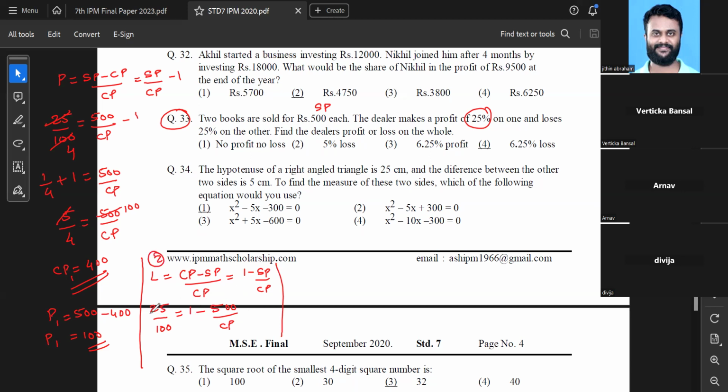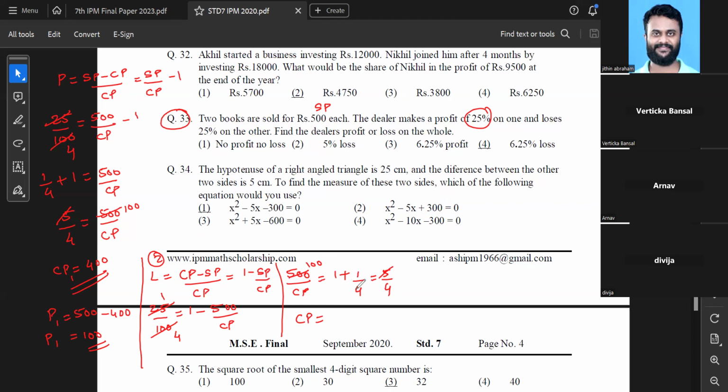It's the same procedure. I'm just going to fast forward a little bit over here in order to save our time. So I'll take this minus 500 upon CP to the other side. I'll write this as plus 500 upon CP, and the 1 by 4 I take to the right hand side. I'll get 1 plus 1 by 4. This should give me 5 by 4 on the right hand side, and I cancel this 5 with this 100. So that gives me the cost price to be, wait,